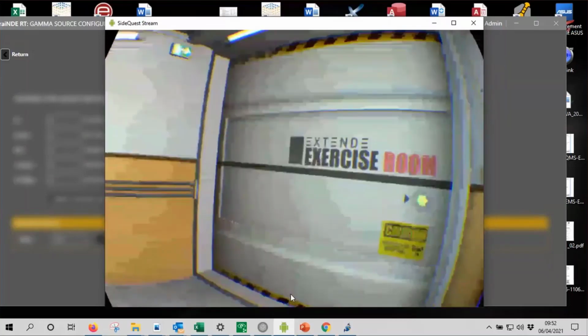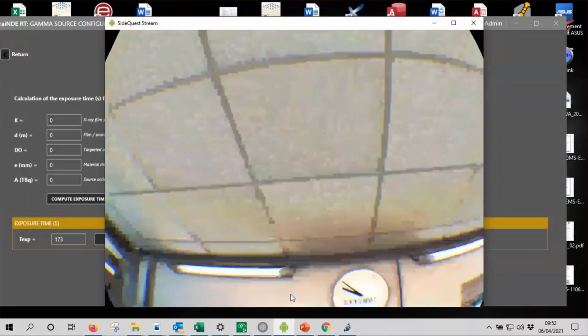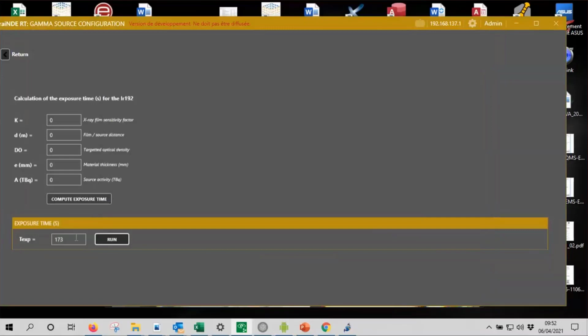Okay. I can exit the X-ray room, and I can make a new shot here. So based on this, I have double thicknesses for the computation of the exposure time. So 20 millimeter by 2 for T plus an additional 5 millimeter for the weld. And one thing also that I didn't mention but is also very important is that in this exercise, we add a lead filter of 0.5 millimeter. And so this must be integrated in the calculation of the exposure time.